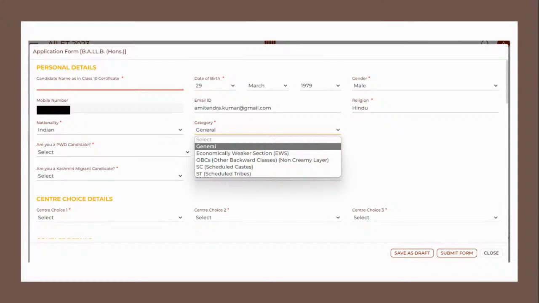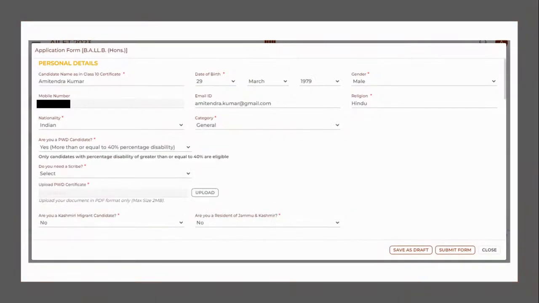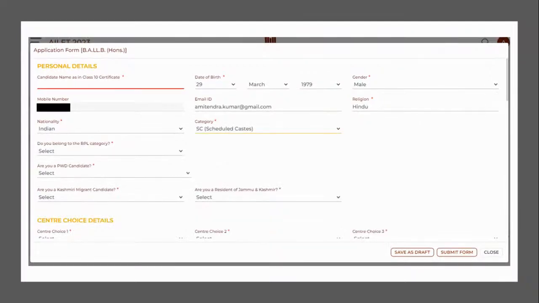and then scheduled caste and scheduled tribe. Now, as far as general, economically weaker section and OBC category are concerned, if you select any of those three, then there will be no separate question appearing up. But the moment you select SC or ST, whichever category you belong to, आप जब उसको select करोगे वहां पे,